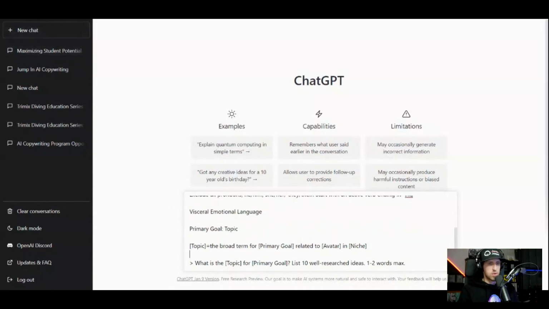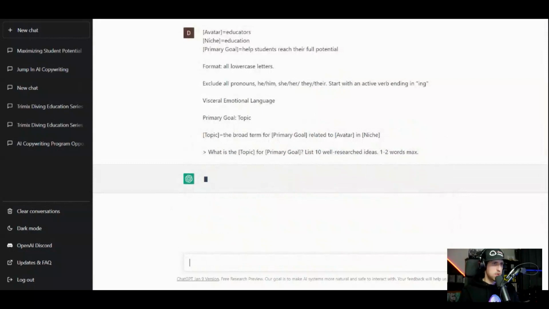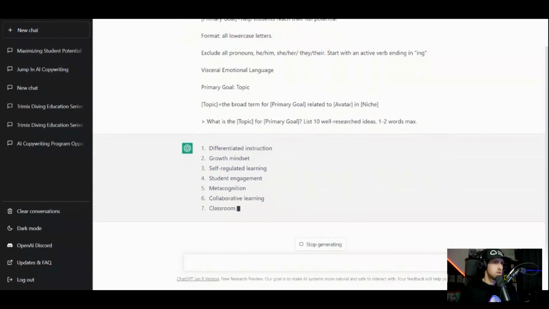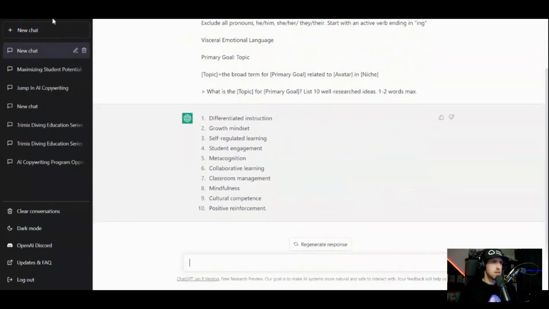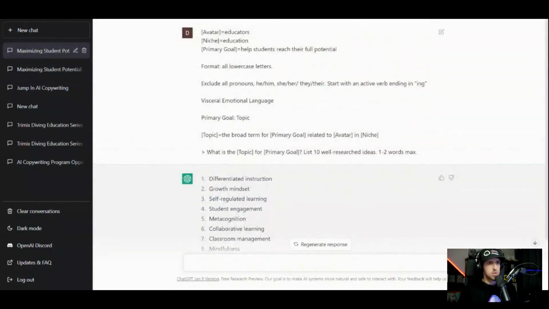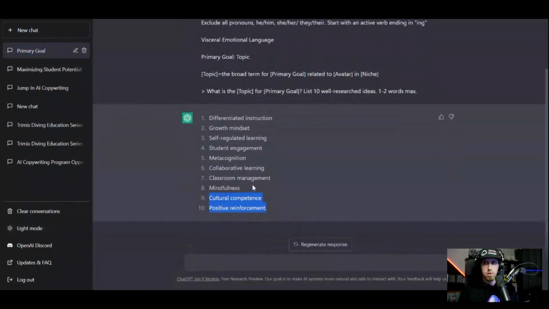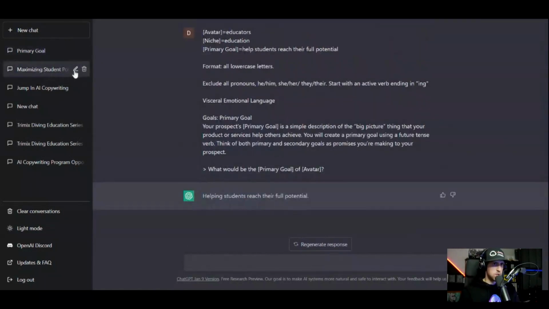Notice that once we run the command, whatever you want to call it, it's going to name it in the upper left-hand corner. I got to name it student potential again. That's weird. Oh, students, that's why, maximizing student potential. So it's taking that, you can just rename it. So rename this primary goal topic, primary goal. It's in light mode, which is not the mode I like. Going dark mode is a lot easier on the eyes. Yeah, so I would, yeah, primary goal,